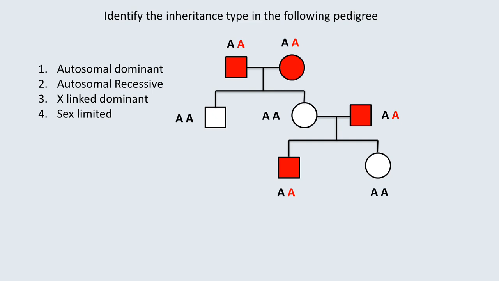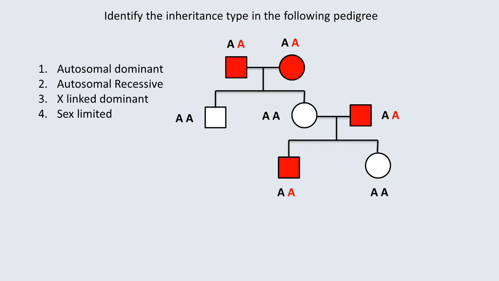So now, why not X-linked dominant? This pattern is following the autosomal dominant. Okay, good. But why not the X-linked dominant? Because if you remember from our previous video discussion, for the X-linked dominant, we had one specific statement stating that the affected male or affected father will transmit the trait to all of his daughters, which we are not seeing in this particular pedigree diagram.